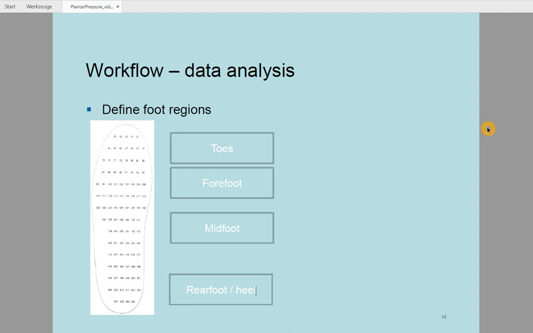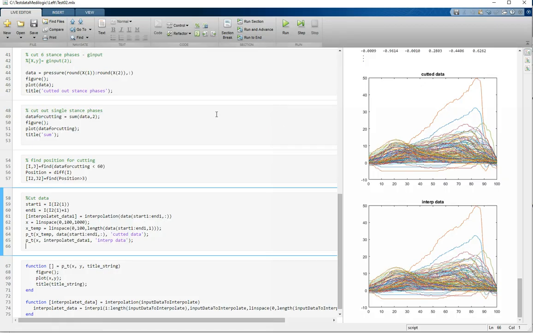So for the next video we have to do the separation of the insole, and you can keep in mind what we have done in the first video. We have 1, 2, 3, 4, 5, 6, 7, 8, 9, 10, 11, 12 sensors in the toe region. The next ones are for the forefoot, the next for the midfoot, and the next for the rear foot or heel section. You can think of it as columns in your measurement data. We can see it in here